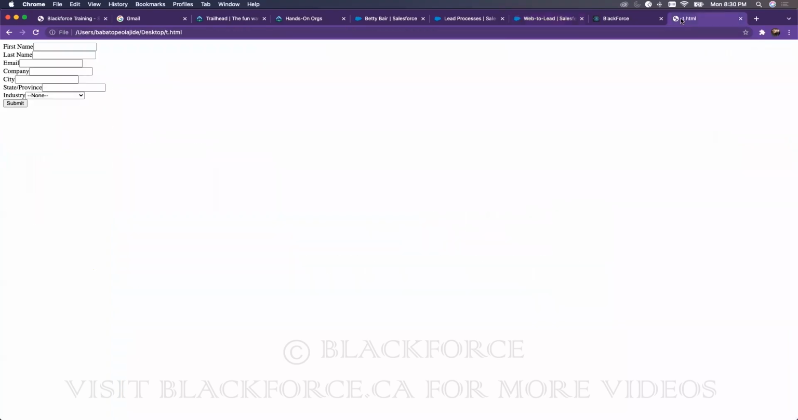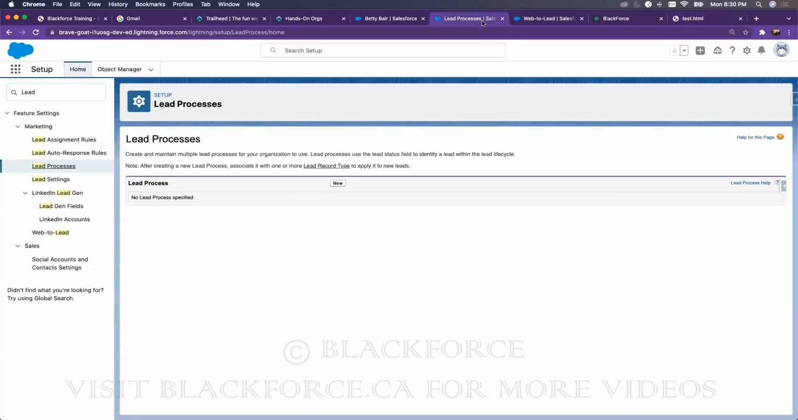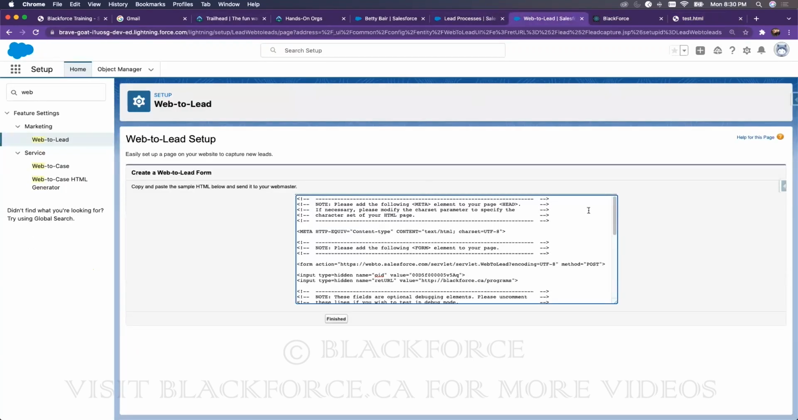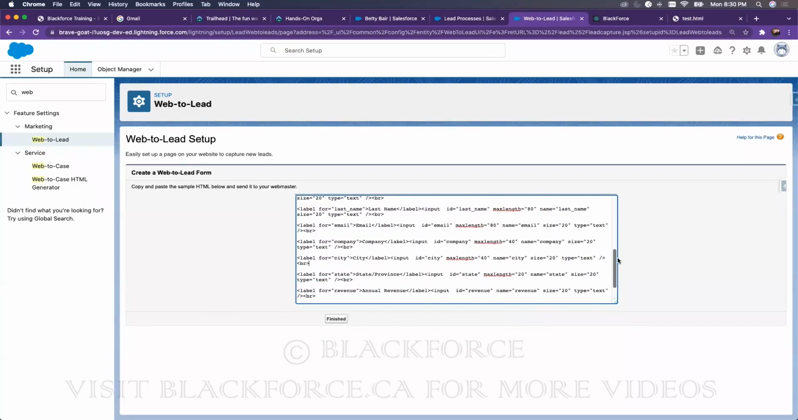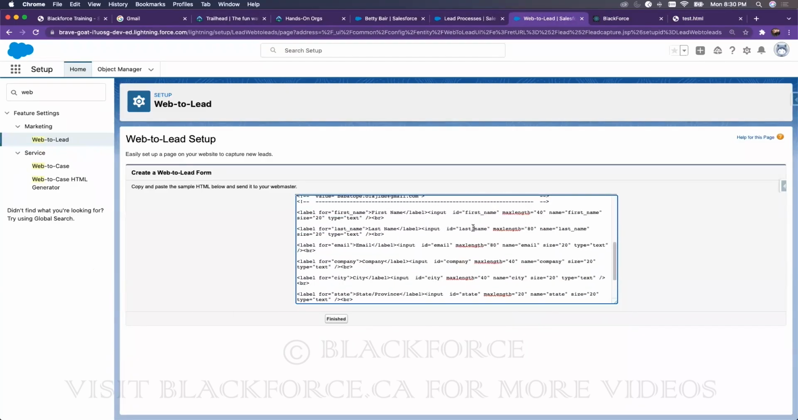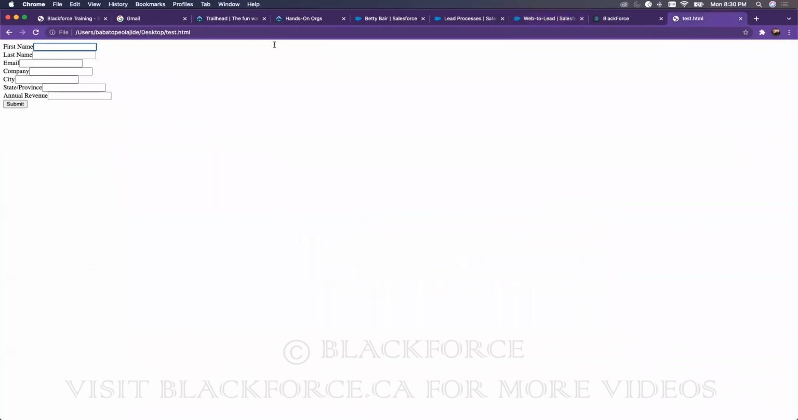So now this is the test I created. And I think it was test, but yeah, it was test. So now this is the form, and as you can see, we have first name, last name, email, company, city, state, annual revenue. If you go back to the web to lead, which we created earlier, we have the same thing, okay? First name, last name, email, company, and the likes. So what does that mean? It means if I fill this form here,